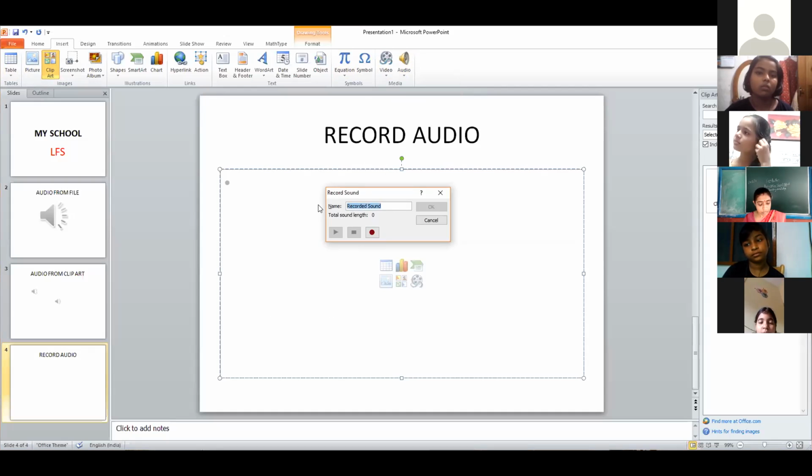Fine. You can give any name. I have just given a simple example. Now you can see this red button. You have to click on this one. As soon as you click on this red button, your recording will start. Now I'm starting it.